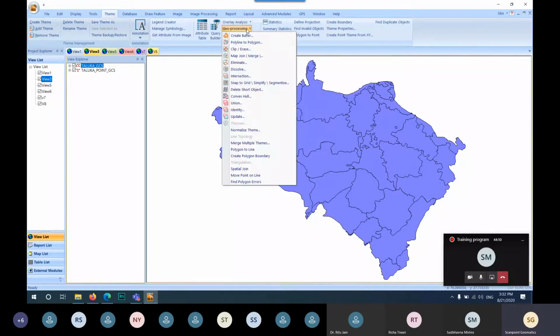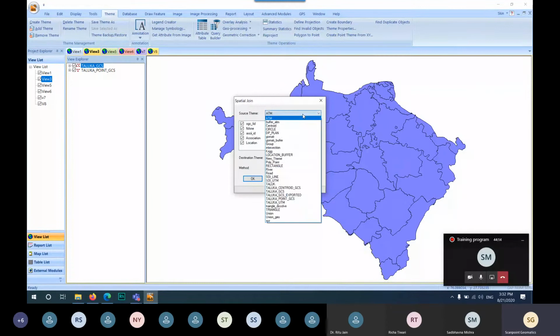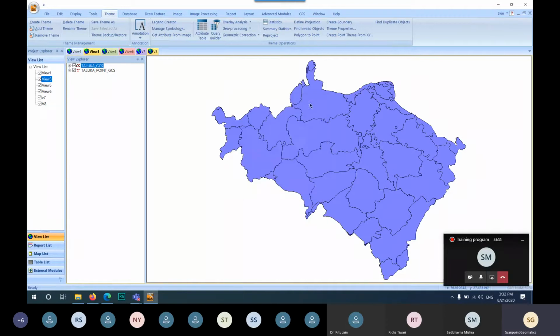This spatial join will join your table spatially with the other table which exists in a particular location. So in this spatial join geoprocessing operation, you can join spatially associated features within a single theme. So I will show you how you do this spatial join.